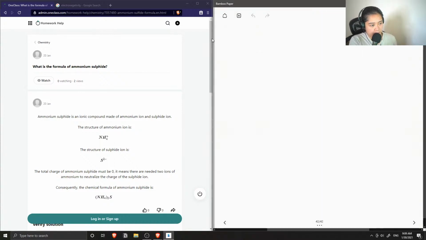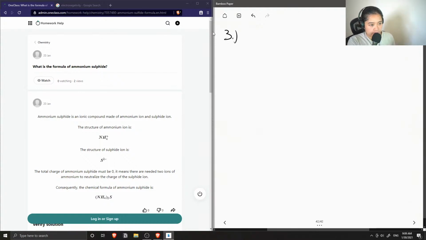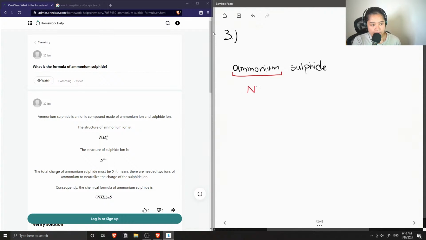Okay, so question number 3. What is the formula for ammonium sulfide? Sulfide can be spelled with a PH or with an F. If we break apart this ionic compound name into its separate ions, ammonium is a polyatomic ion that is